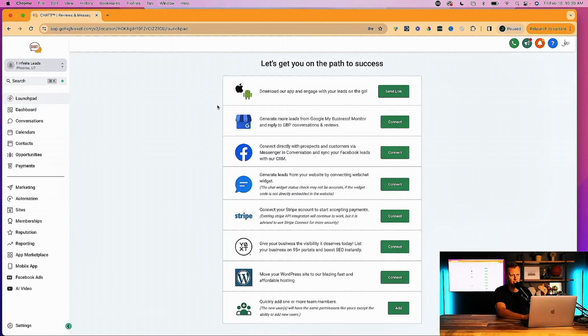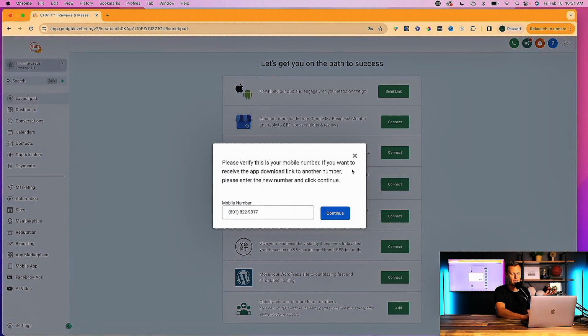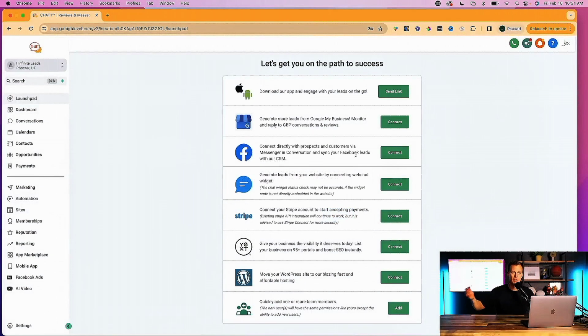So we look here, okay, download the mobile app, right? What they would do is just hit send link, and then you put in your phone number. Okay, there's a mobile app. We're going to download it, and now I can use the mobile app. You start exploring it, touching all the buttons, playing around with it just like you would a new app, and seeing the functionality, right? And then you can see what it could do for your own business